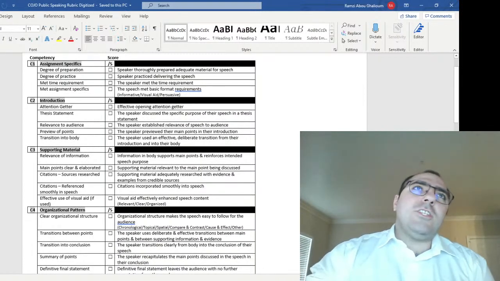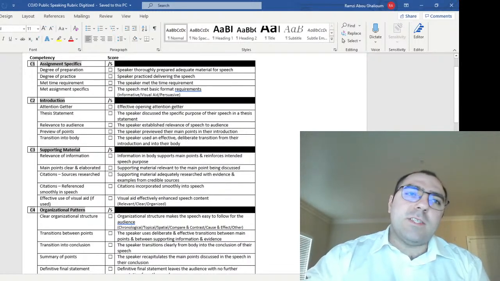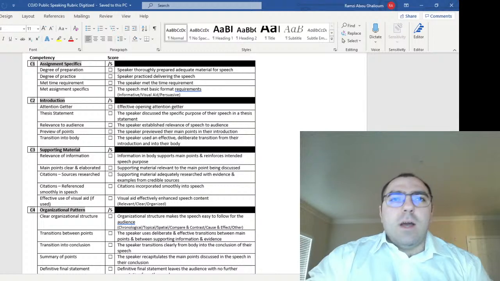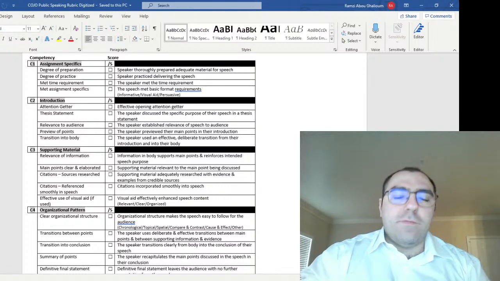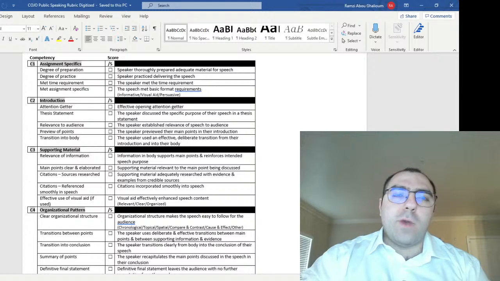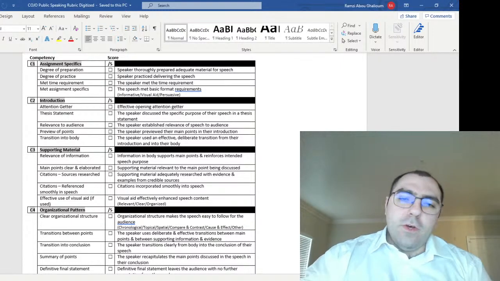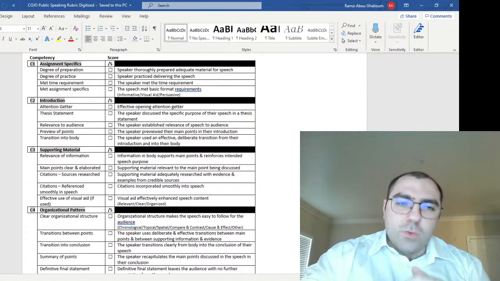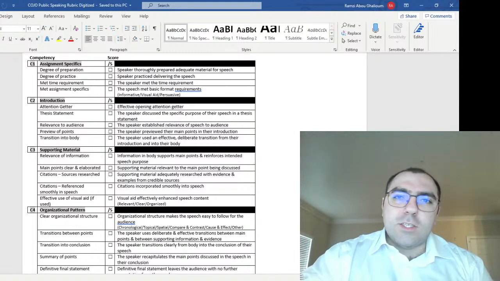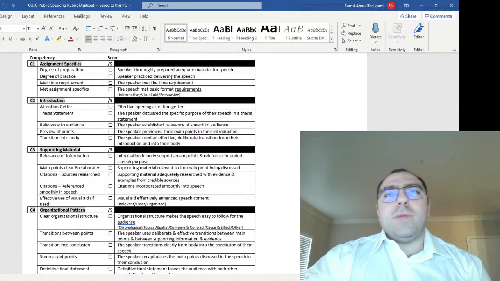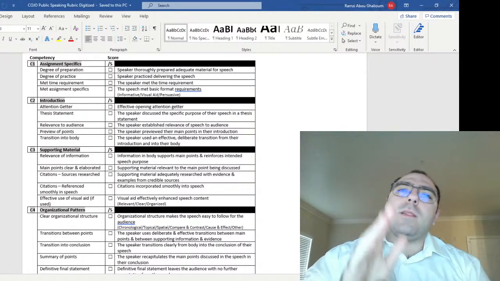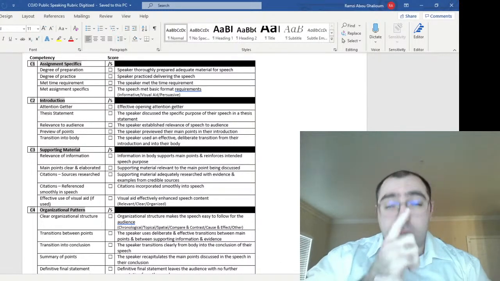The other thing to understand is that each of these competencies that we're going to talk about, a competency is like a category, all right? So each of these competencies is graded out of a score of 5. There are 8 competencies to give you a total score out of 40. Now, the way that this thing is graded, and we'll get into this a little bit later, is on a logarithmic scale. What a logarithmic scale means is that it's not going to be like any other rubric you've ever really experienced before,